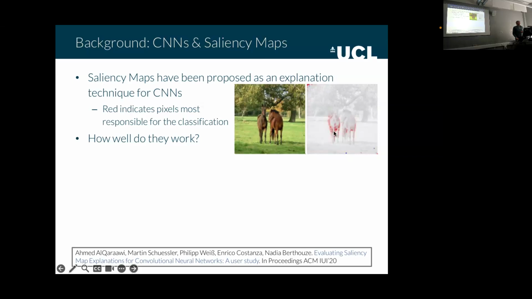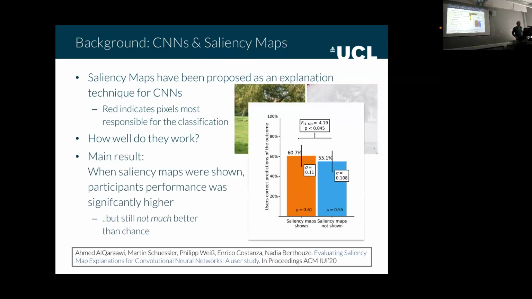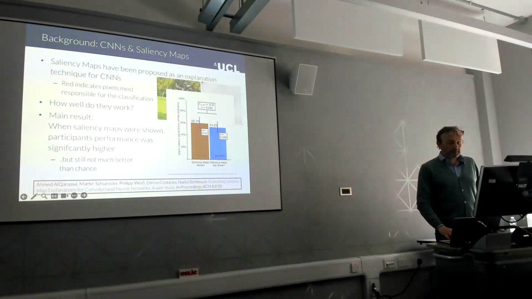Do this kind of explanations help people in practice? We ran a study to answer that question, and we found that to a certain extent they do. So when saliency maps were shown, our participants' performance was higher, with statistical significance, than when heat maps were not shown. However, I should also emphasize that performance was not high overall. Our task was a binary task. People had to answer questions about whether